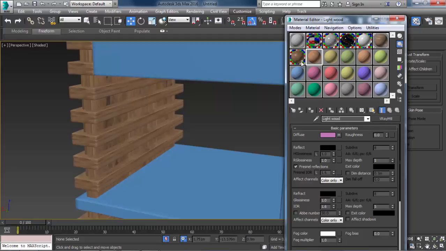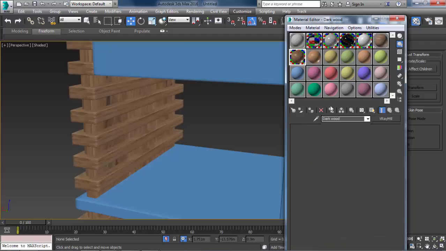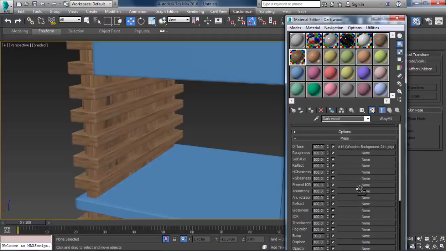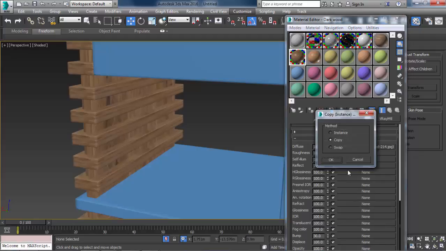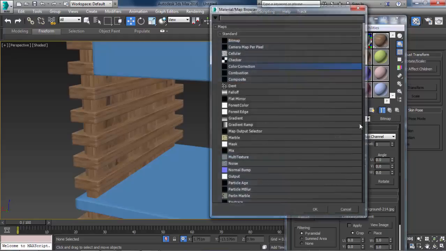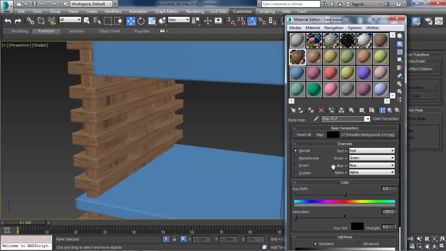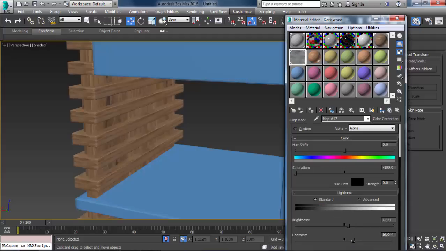We'll have the same reflectivity. Let's copy, paste it. The glossy is 72.72, and also let's apply a bump material, the same as we did with the ceiling. Here, I'll apply a color correction. Take off all the saturation, some brightness and contrast. That's good.